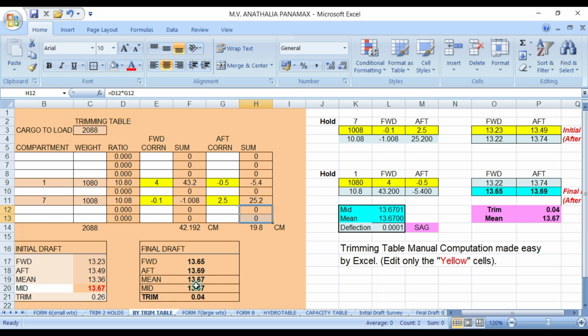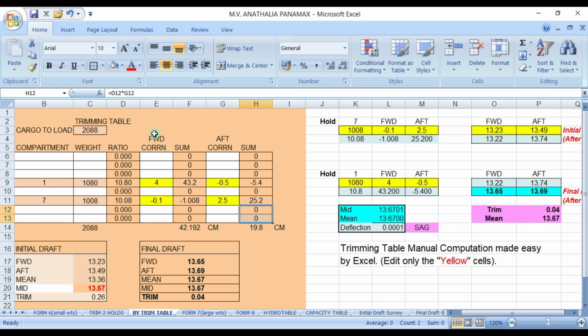This is your mid draft, meaning you have a deflection of 0. Okay, so look here, the final draft forward is 1365, and aft draft is 1369, and the final aft is 1369.